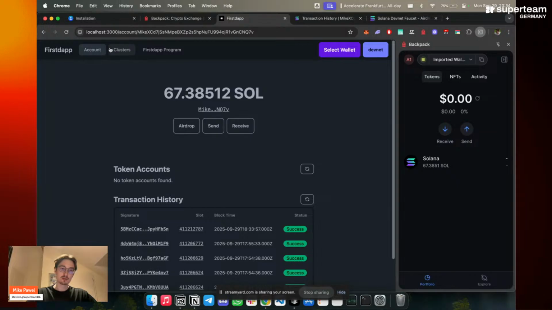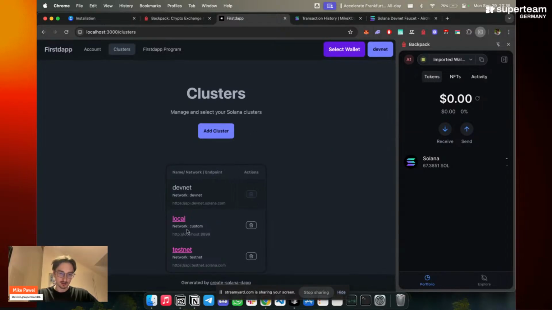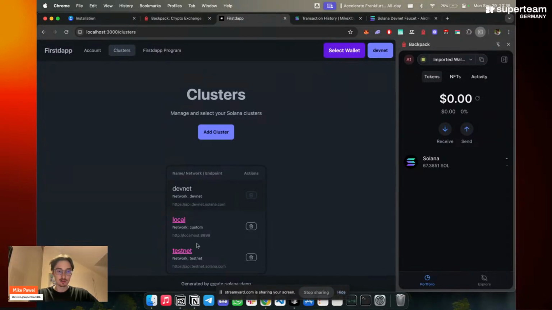Moving on to the next point, which is the clusters. The clusters is where basically you can add your networks. So for example, here I have DevNet, LocalNet, and TestNet, where LocalNet would direct me to a localhost with a port that is predefined. Sorry, but you can define this yourself differently. It would be useful if you want to test with local nodes, or if you want to do very specific